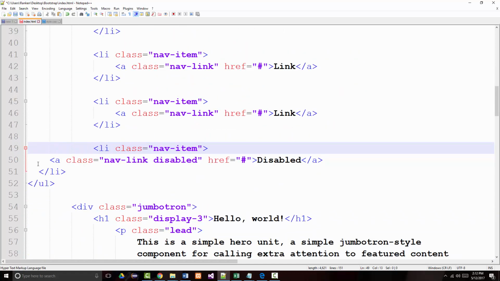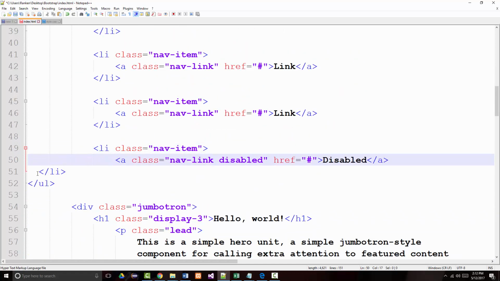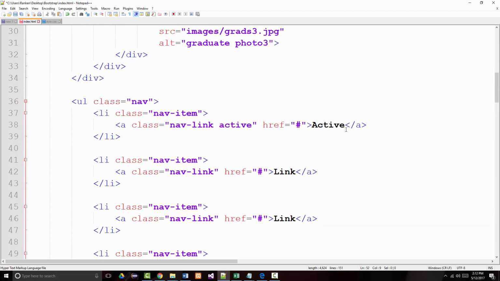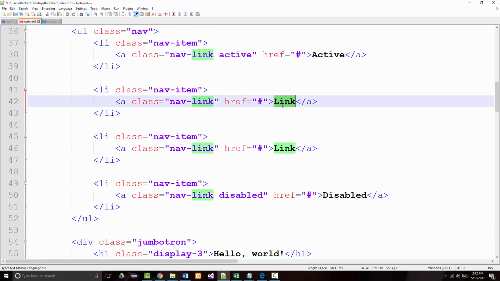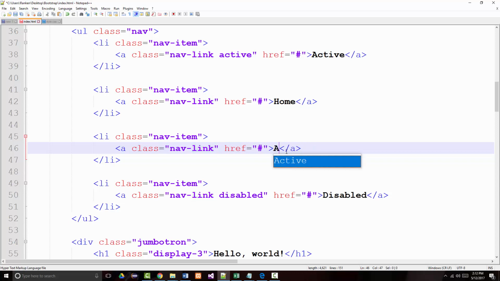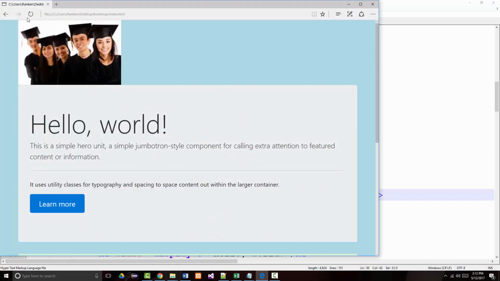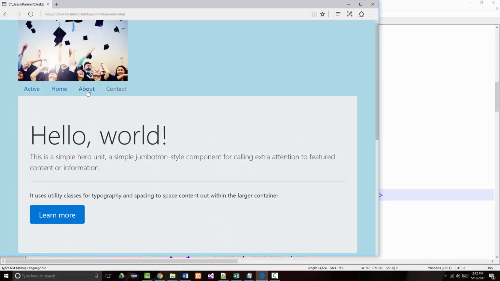Now, one thing I don't like about this is you get some default text, which is kind of silly. So I'm going to change this from link, and active is fine in there, but this will say home, about, and let's just have contact. Again, I have not written any code myself. And there's our